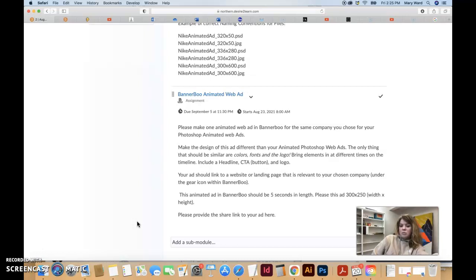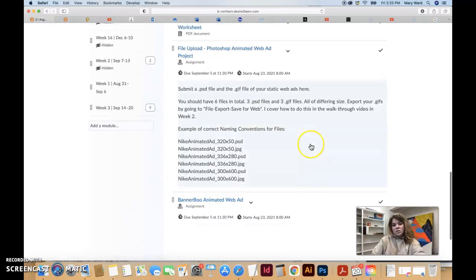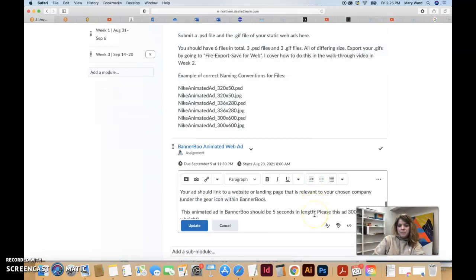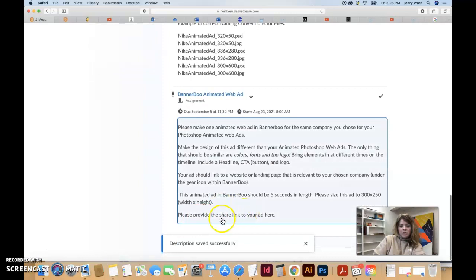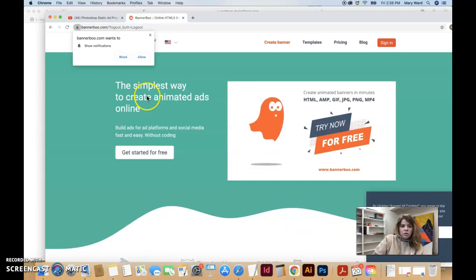And then this ad needs to be sized to 300 by 250. And then provide the share link to your ad here. So just copy paste that code in and submit that for a grade within Brightspace, sorry. So we can go to